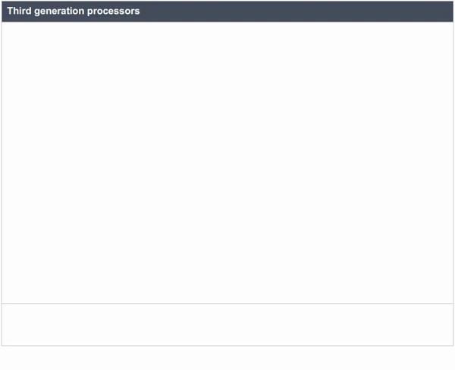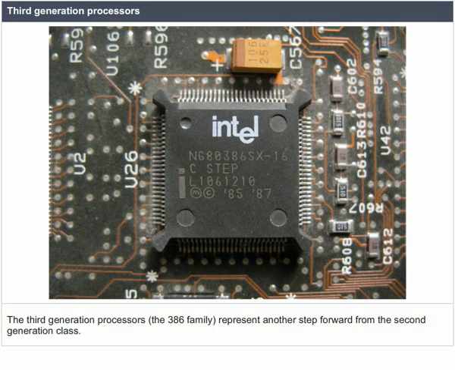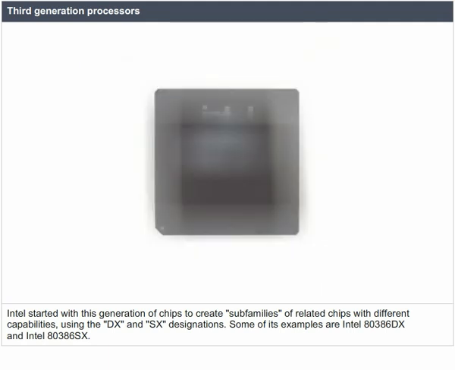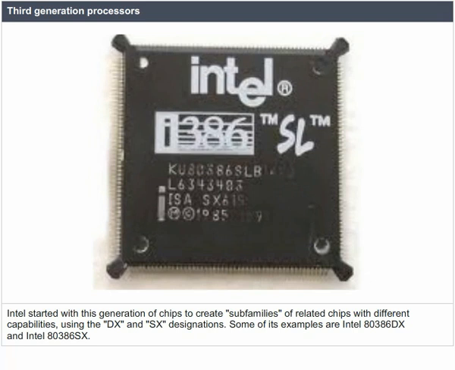Third-generation processors. The third-generation processors, the 386 family, represent another step forward from the second-generation class. Intel started with this generation of chips to create subfamilies of related chips with different capabilities, using the DX and SX designations. Some of its examples are Intel 80386DX and Intel